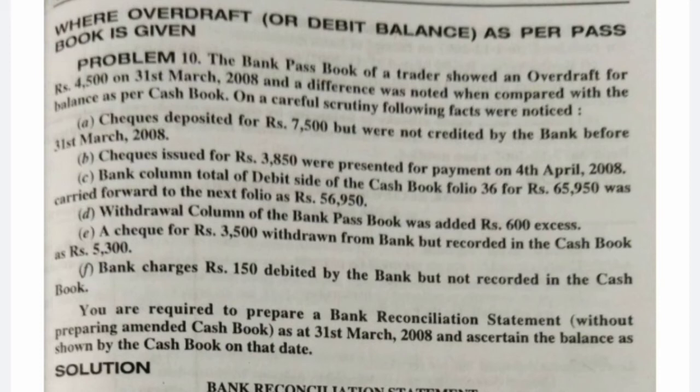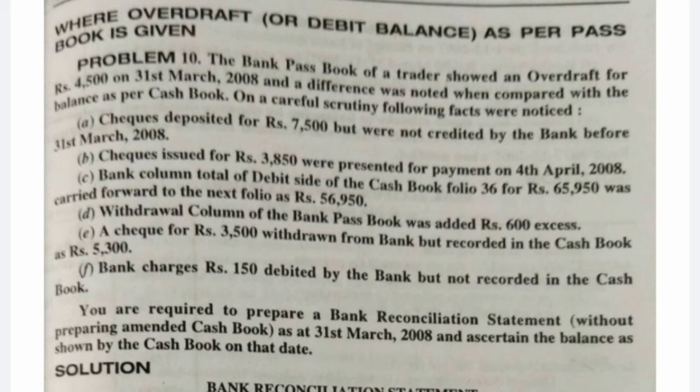Okay, if you take the working note here, draw one cash book with a T-shaped table. Draw a cash book and take a debit plus symbol and credit minus symbol, and beside the cash book you can take the passbook working note, that is debit side minus and credit side plus.